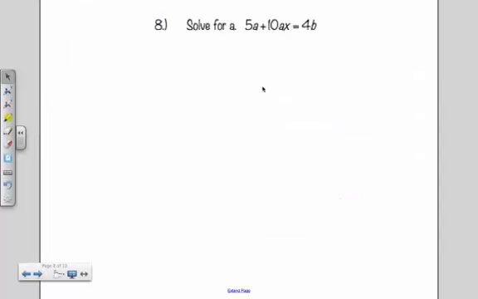Alright, now I need to solve a literal equation. And here I'm going to try to solve for a. Now I have an issue with isolating a, and that's the fact that a is in both terms on the left side of my equation. So what I'm going to do is I'm going to go through and I'm going to factor out my a from both of these expressions. So I have an a in common right here. I'm going to factor it out, and I end up getting 5, because 5a divided by a is 5, plus